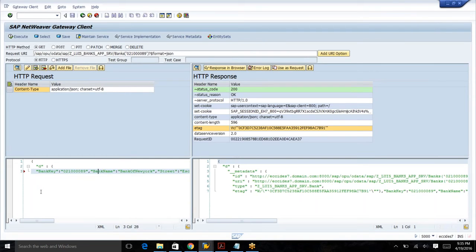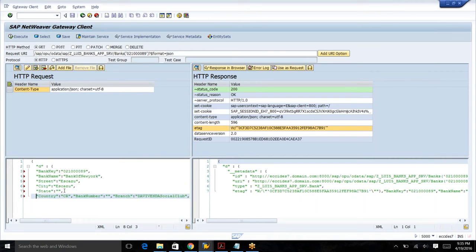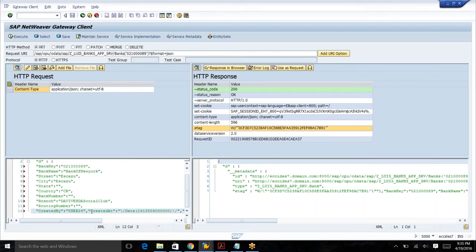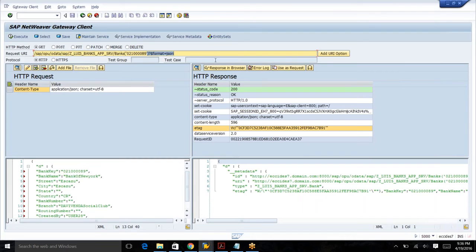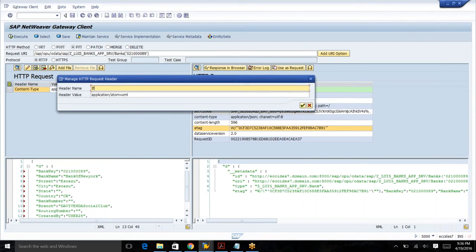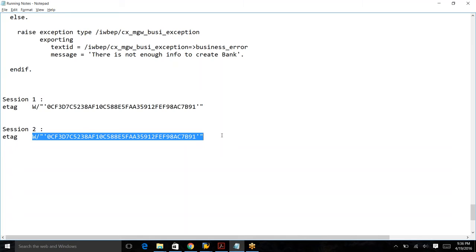Bank key, bank name, city, state, okay. I'm going to get rid of this format equal to JSON, and I'm going to use HTTP method put, and I'm going to use if match header to the second one. Okay,